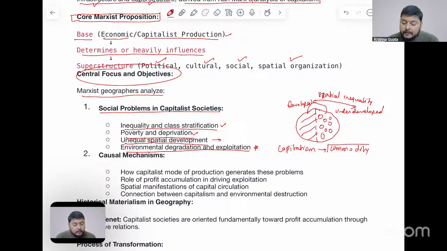It creates a commodity. For example, if there is a watch which is 10,000 rupees, is it important for me or for you to buy that watch? I will say no, because the watches we have, they do the work. But when this commodity is provided in society, it has to be possessed. So this becomes commodification of the product.